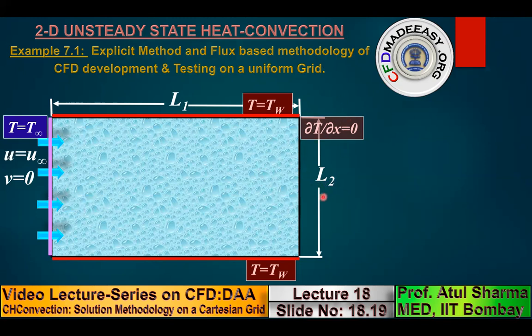So here we are applying an outflow boundary condition, dT by dx equals 0. Let us consider that this channel is very long. So when a cold fluid enters this channel, and the top and bottom walls are hot, and if the channel is very long, what happens is that the entering fluid, which is relatively cold, will get heated up, and finally all the fluid will reach a temperature corresponding to the wall temperature.